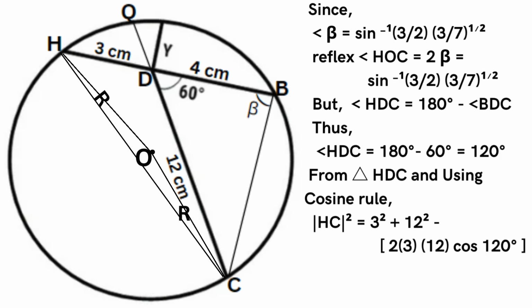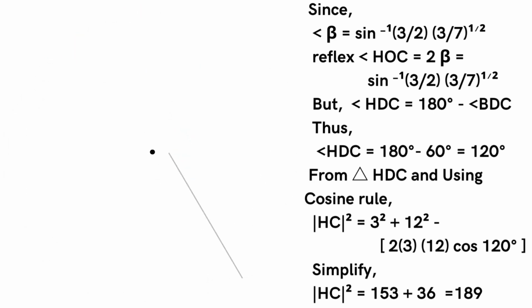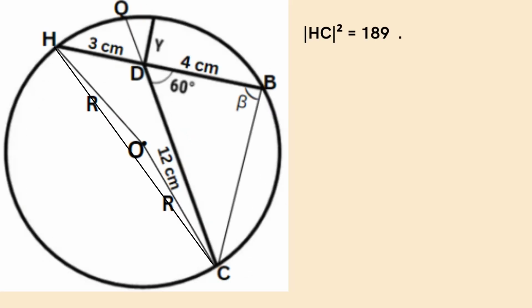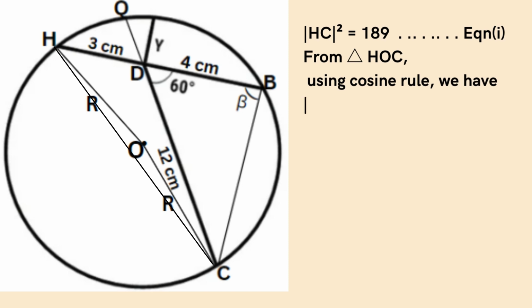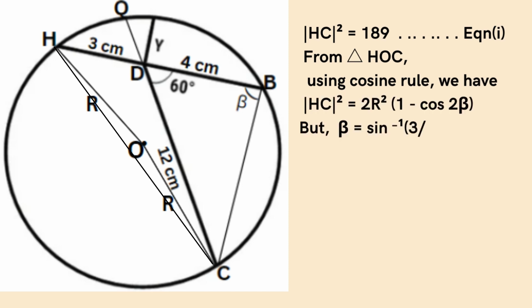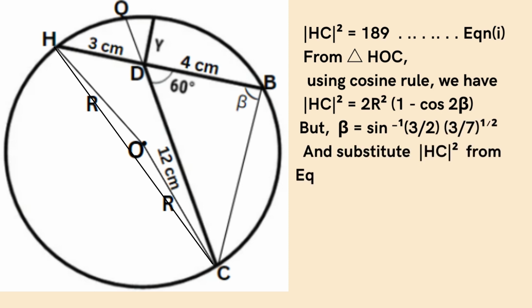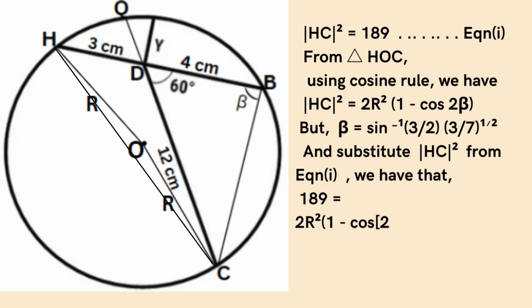From triangle HDC and using the cosine rule, we solve for the square of HC. Simplify to get that the square of HC equals 189. From triangle HOC, using the cosine rule, we find a new value of the square of HC. Substitute the value of angle beta and equate your result with equation I. Make the square of r the subject of the formula and we have that